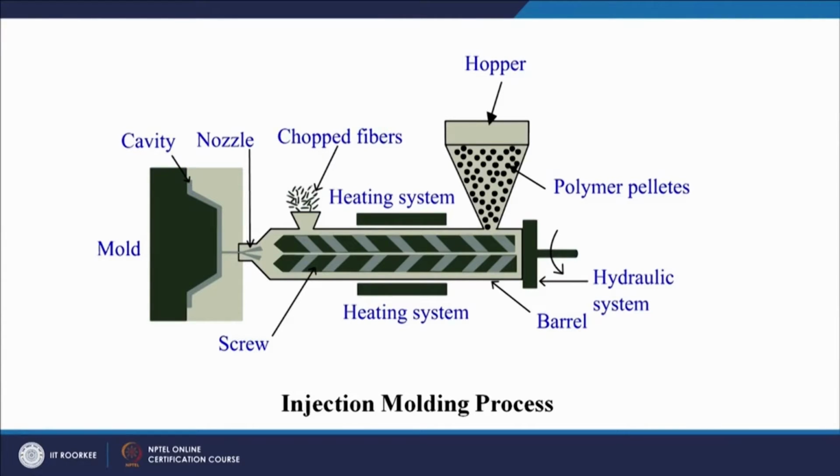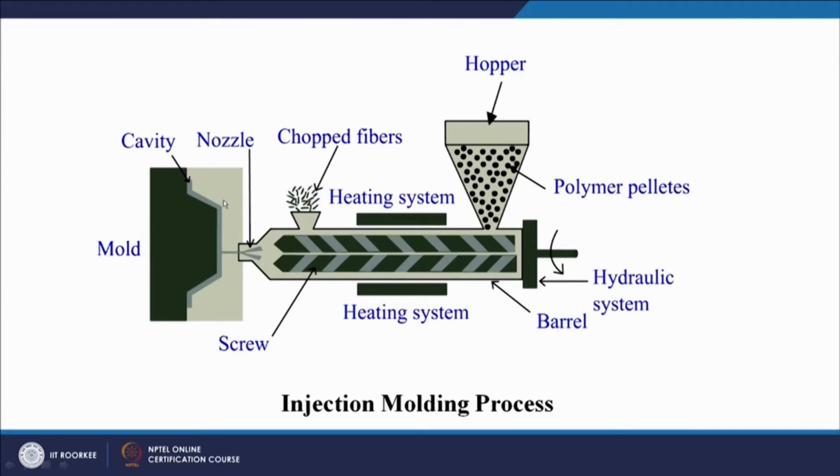On your screen you have an injection molding machine setup. This is a schematic of an injection molding machine. Here we can see the first, let us see the most costly part, that is the mold. The mold is in two halves. This light grey color is one half of the mold, dark grey color is the other half of the mold,